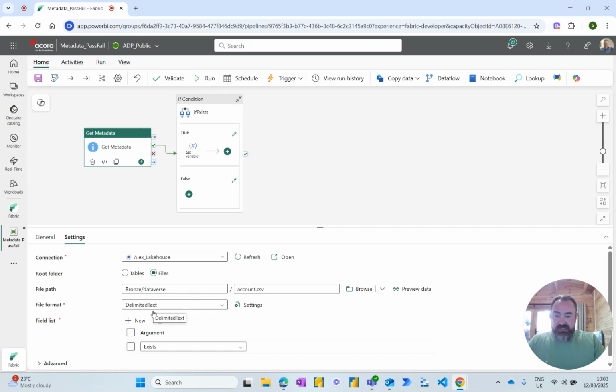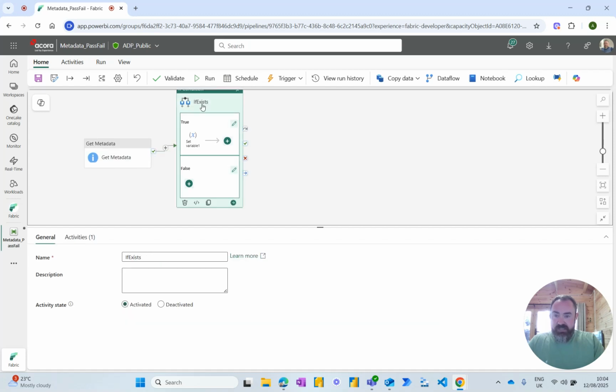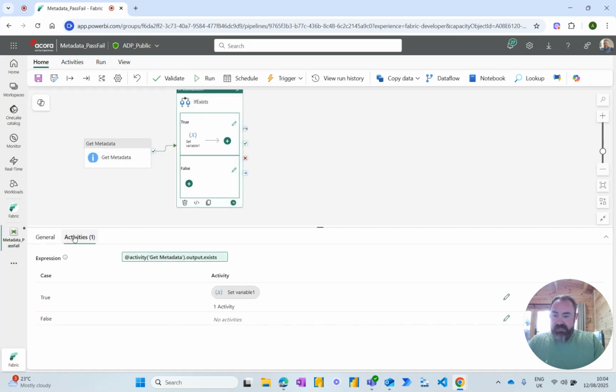So I've set it to delimited text because it's a CSV, and the only field list that we want is does it exist at this point. When you use it, you might want the first argument to be exists, and then to have all of the other child outputs as well. So I've just got the exists so that the if function works, and within the if condition, in the activities,